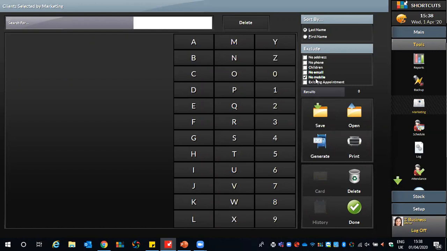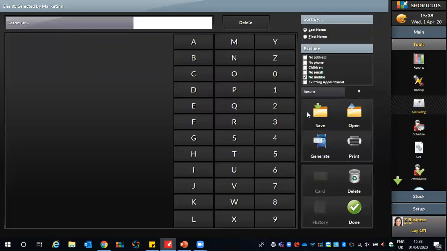Okay. So at this point, what you would then do is save this list of clients because, of course, we need to upload it in our shortcuts marketing. So you would click the save button just here. Now, 2 pieces of advice. One thing I would recommend you do is rename the client list. It's just essentially like saving a normal document. I would rename it and also save it somewhere where you're going to be able to find it. So maybe on your desktop, nice and secure, on your documents, your downloads, that kind of thing.